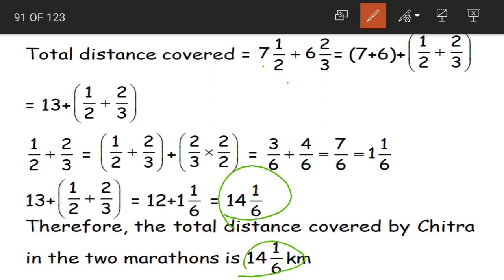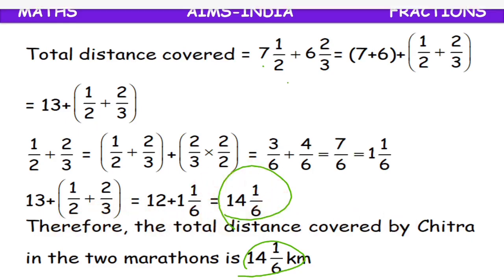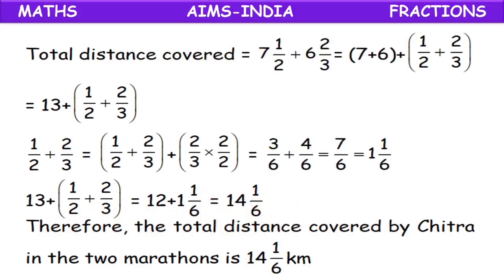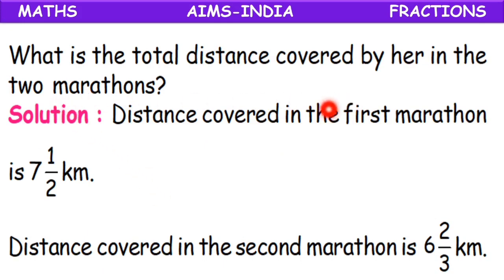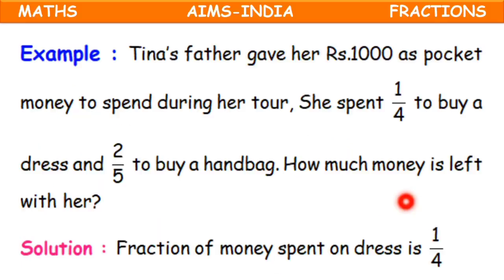So again, no matter whichever method we follow, the total distance covered by Chitra in the 2 marathons is 14 1/6 kilometers, children. Again, here in the question, the distance covered by her is given in kilometers. Yes, so again even in the answer we have to mention kilometers. The total distance covered is 14 1/6 kilometers. Understood, children? Now coming to the next example,